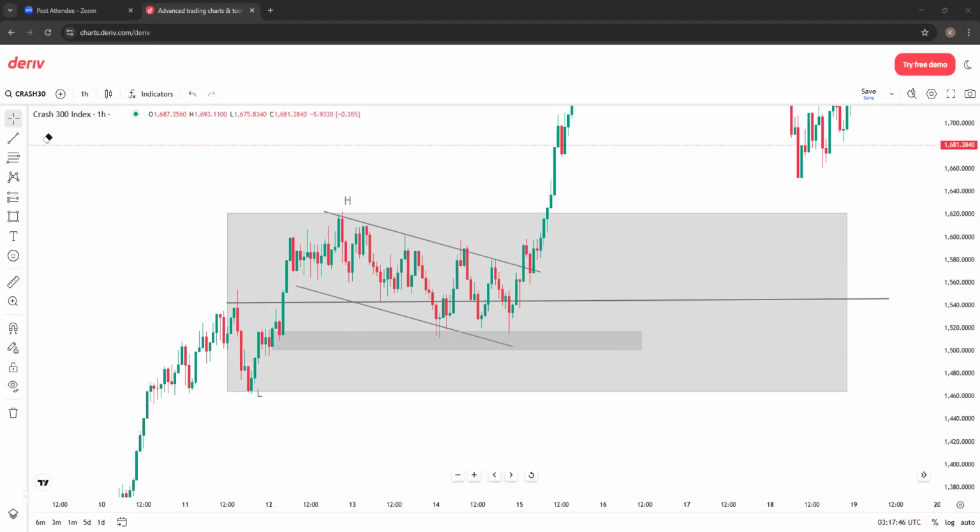We expect a shift in break of market structure or a change of character. What you're gonna see here is we had our change of character, we had our break of structure, and then it went up, it never came down. What you can also see is if you want to go to your smaller time frames, say the M15,